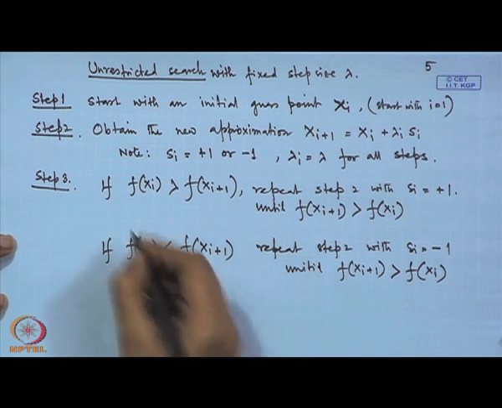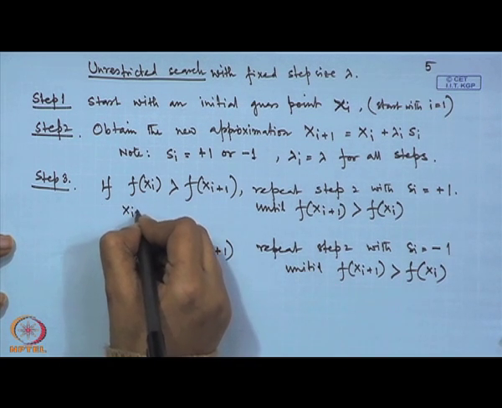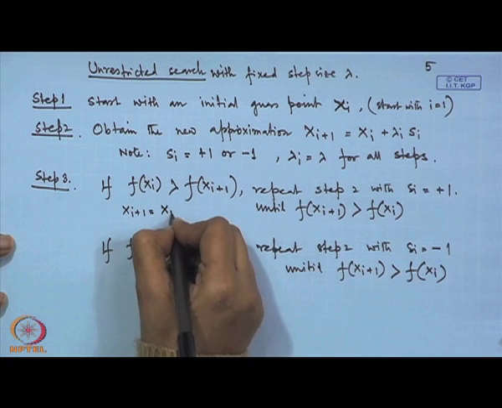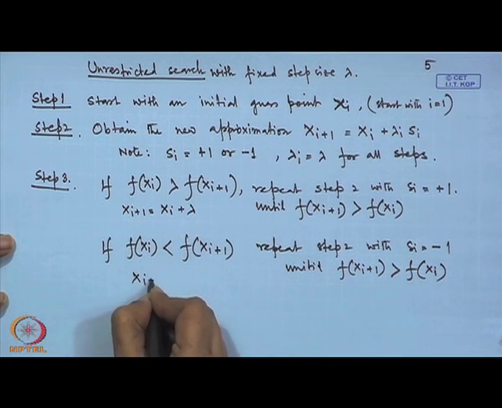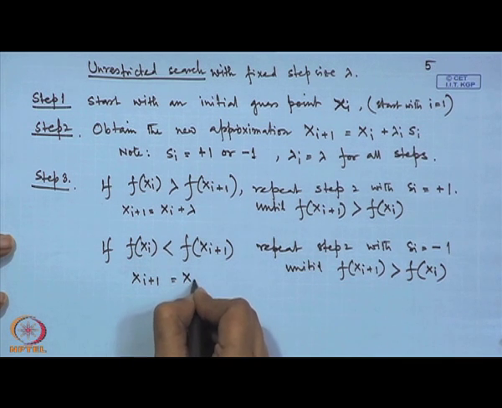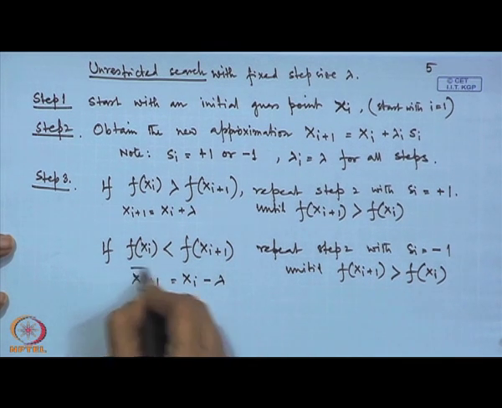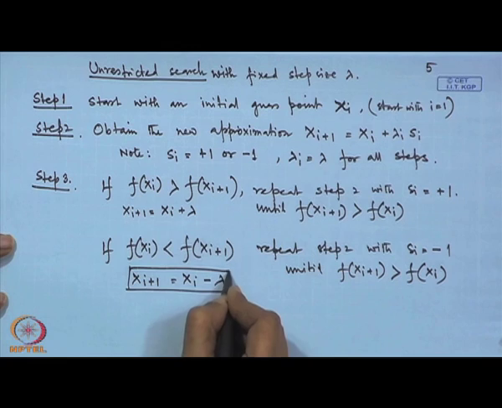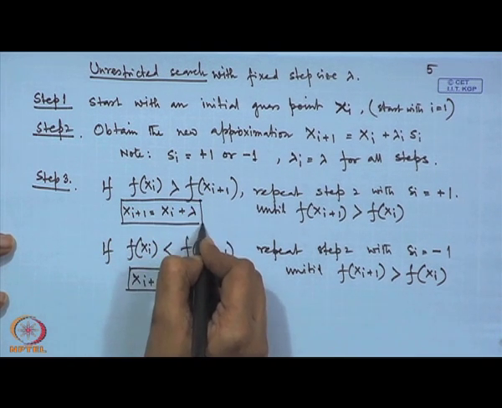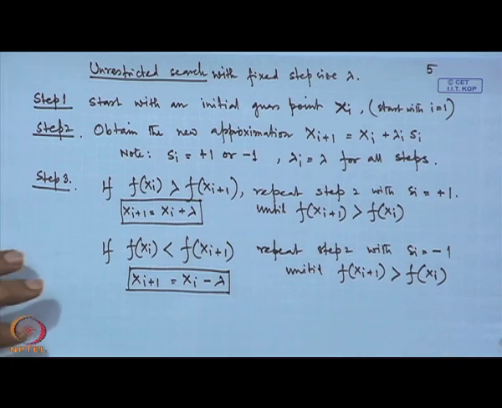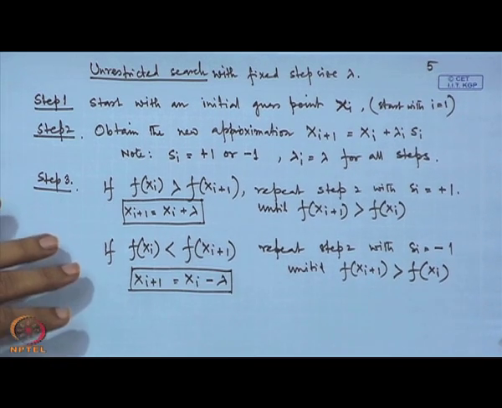That is why in the previous case I can say xi+1 is equal to xi plus lambda. In the second case, we will consider xi+1 is equal to xi minus lambda. That is the consideration in the next case. That means we are moving to the left, because if I move to the right, we will get the unimproved